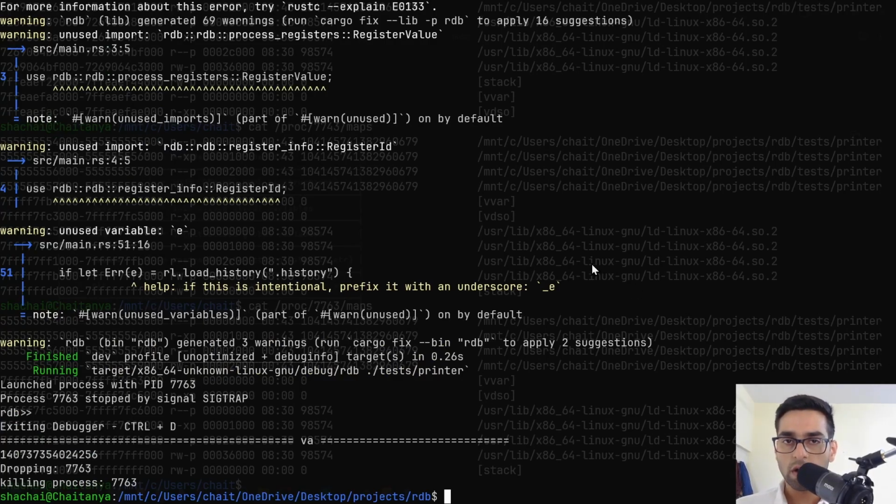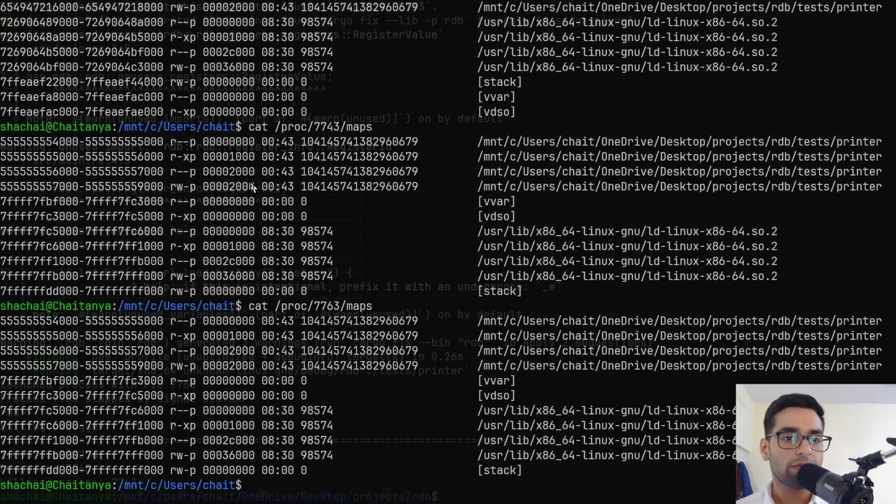So we don't have a way to actually create a breakpoint right now. We have seen what addresses we need to apply the breakpoint to. We need to do some basic algebra over this memory address right here. So this address plus the memory offset that we had in,